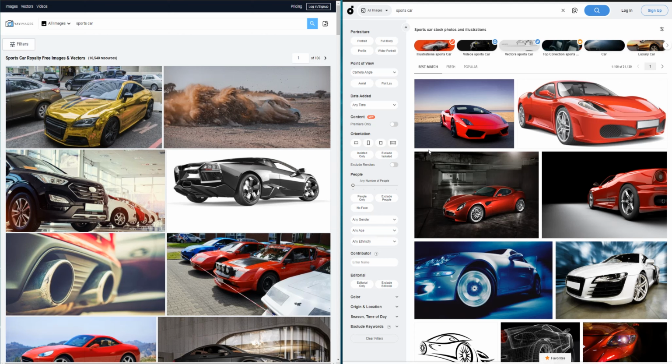And I'm going to use the exact same search terms as in yesterday's video. I'm going to put a link in the description for that video so that it should be very easy for you to compare from that video onto this video. So the idea of this video is obviously to search for certain things in Yay Images and in Depositphotos and